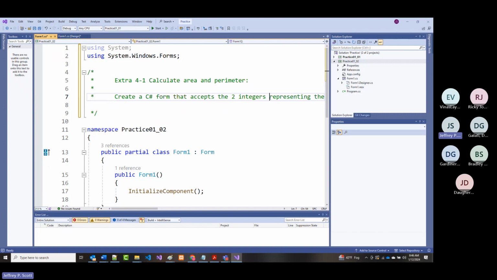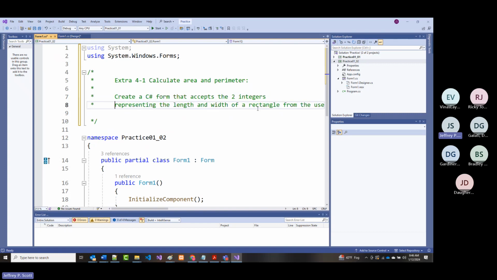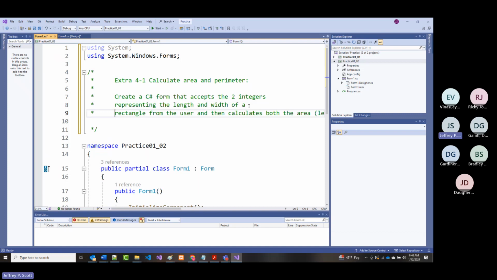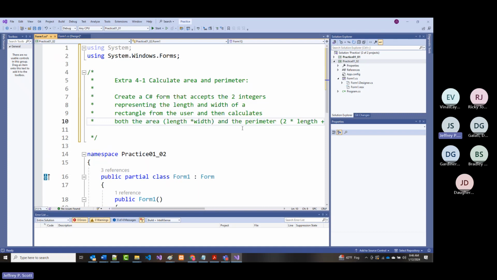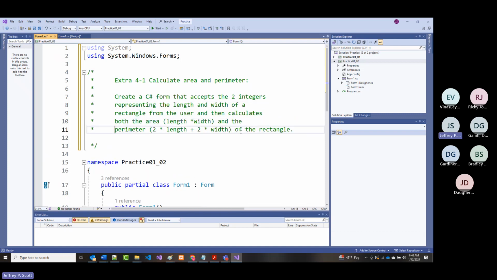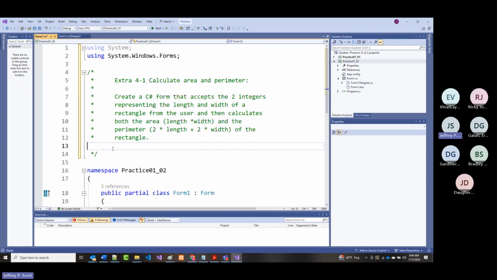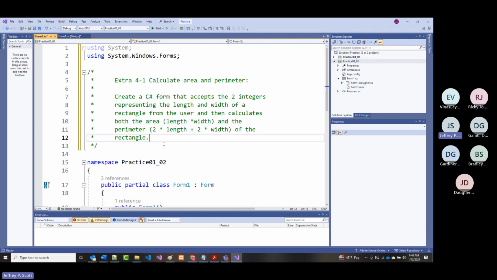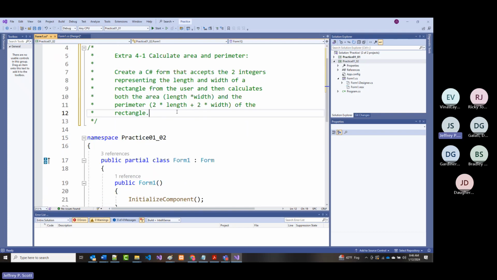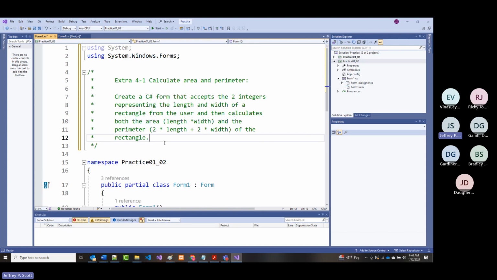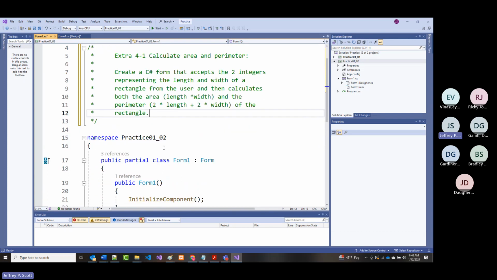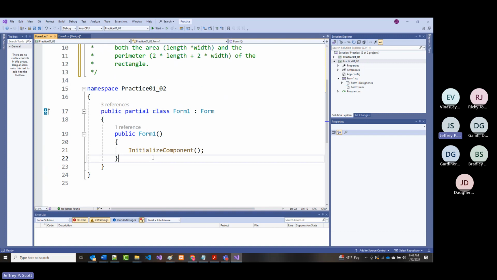All right. So create a form that accepts 2 integers representing the length and width of a rectangle and then calculates both the area and the perimeter of the rectangle. All right. So that's going to be what we want to do. We don't need any constants in here right now. But I am going to make a couple of variables that are going to be global. All right. So I'm going to both declare and initialize